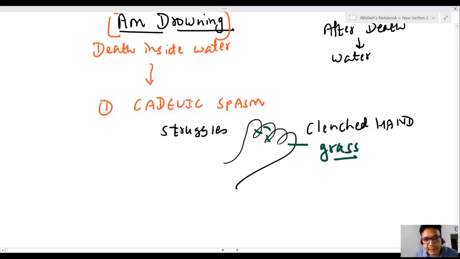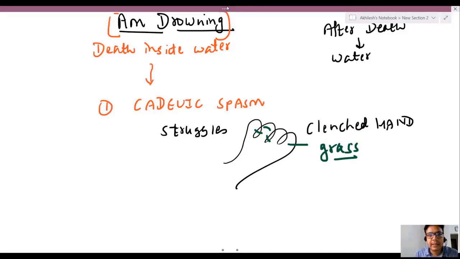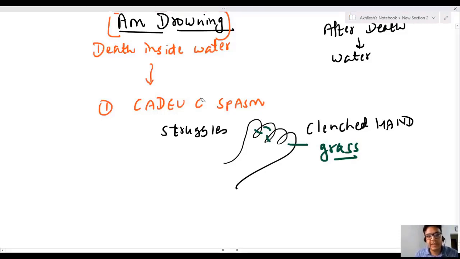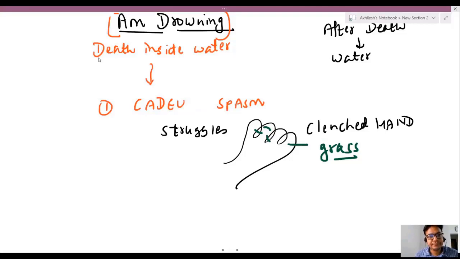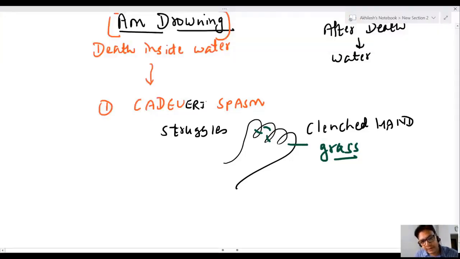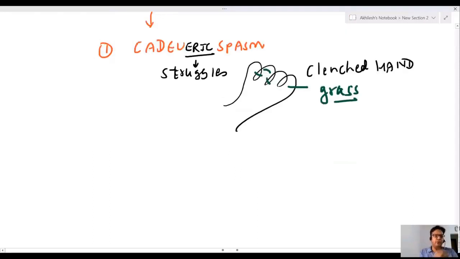Cadaveric spasm. Cadaveric means dead body. It suggests you struggled in water and have a clenched hand with grass particles. This phenomenon is known as cadaveric spasm, and it is the most characteristic finding of antemortem drowning. First phenomenon, cadaveric spasm. Second,